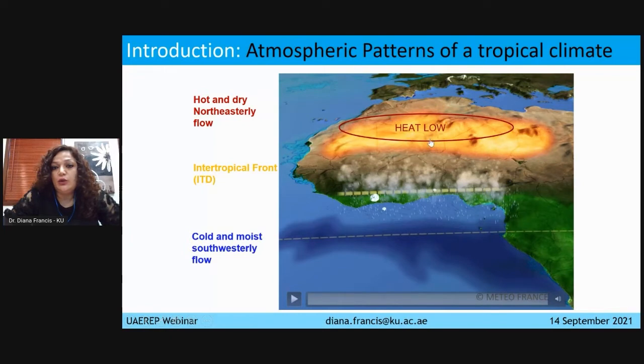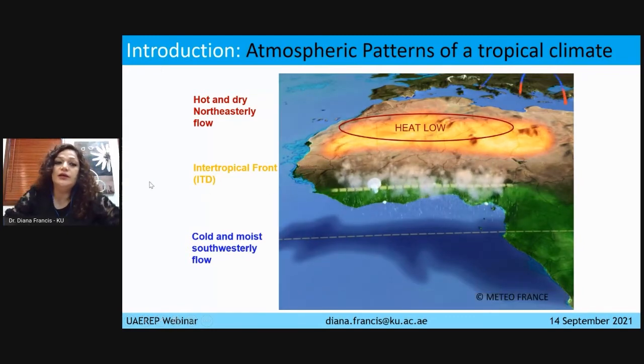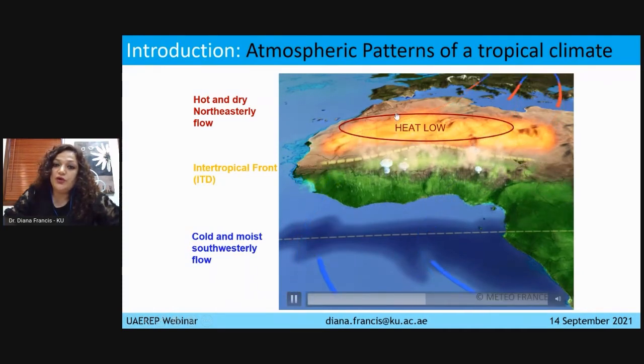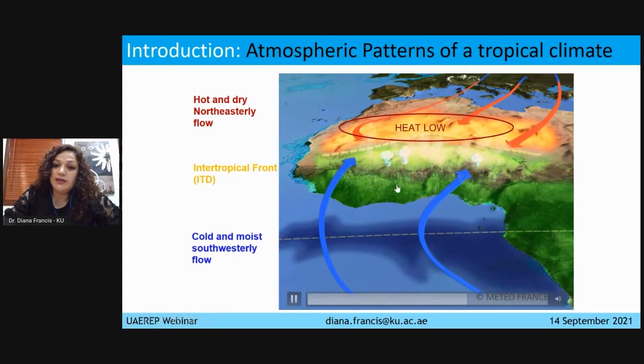Once it develops, this heat low drives the cold and moist flow from the surrounding ocean. So now I'm going to play an animation to show you better how things work during the wet season in tropical regions. You can see here, for example, the deepening of the thermal low due to the heat by the sun, and